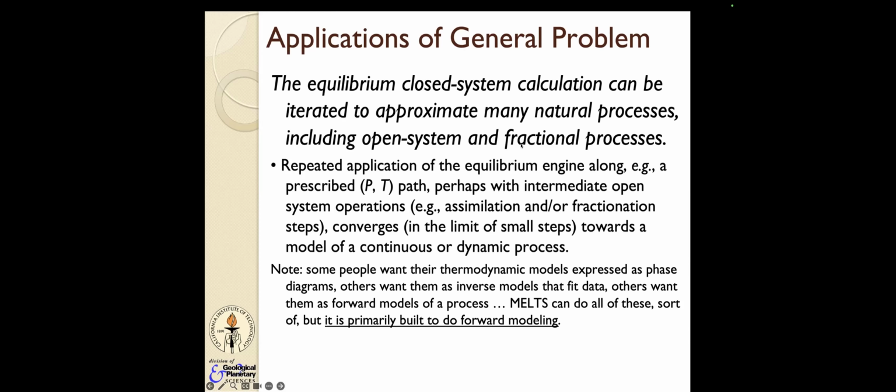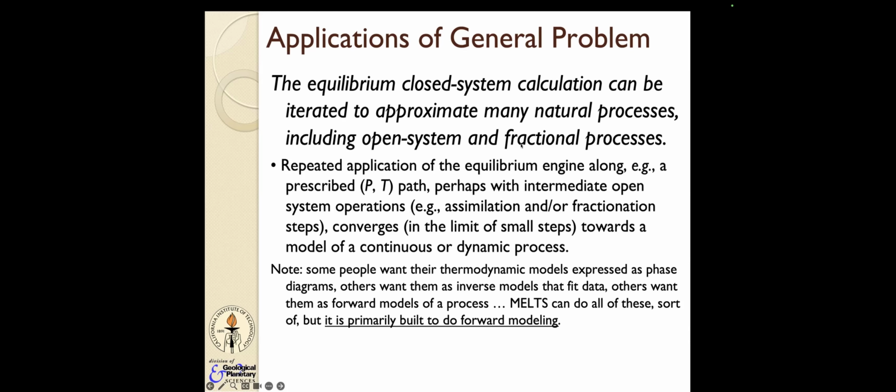Sometimes what you want to do is construct an inverse model where you have some data, you have a scenario with a set of free parameters like mantle potential temperature and source composition, and you want to invert for those parameters. And some people want to run forward models. They say, I think I know what happened, I'm going to implement that calculation and then compare what I get to my data. So you can do all of these things with MELTS, with PetThermoTools, with MAGEMin, but